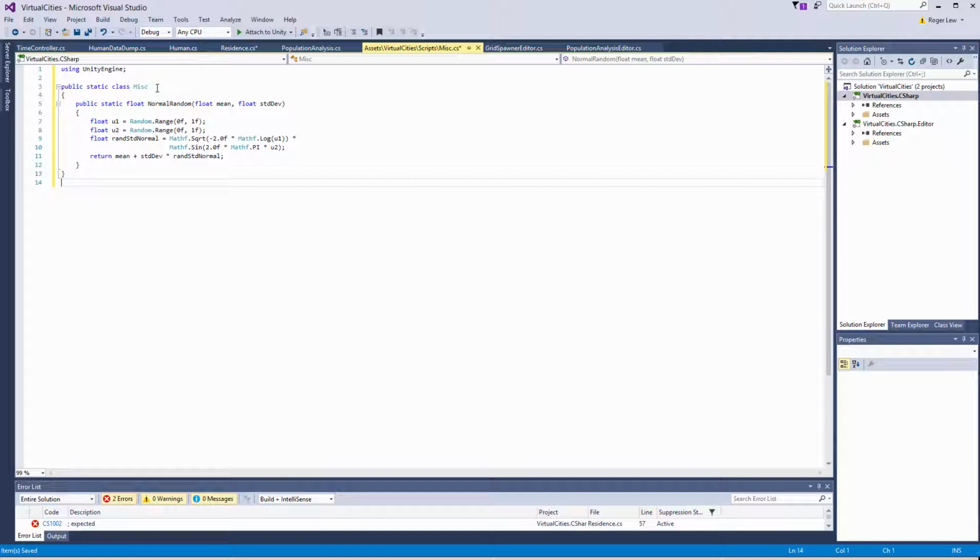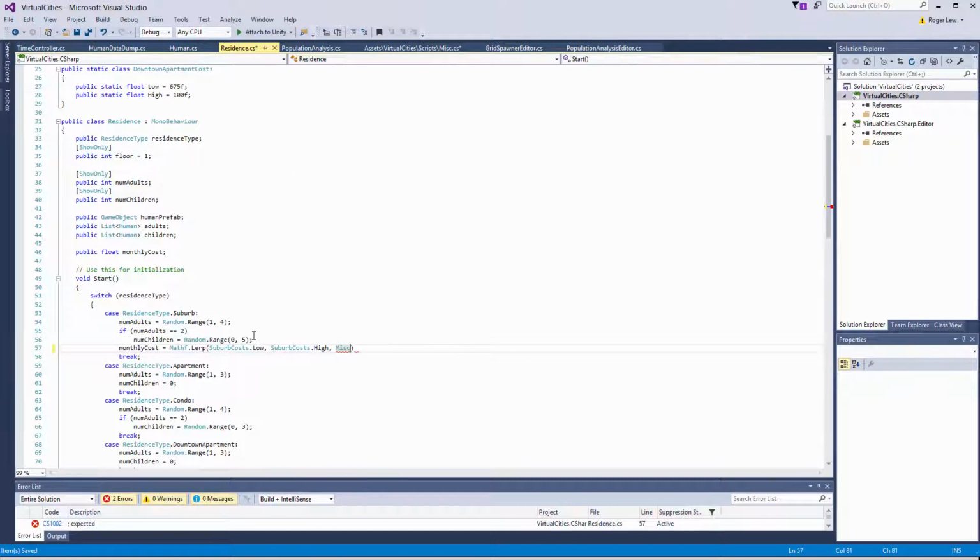It's basically a static class called miscellaneous, or MISC, and it has one static method named normal random that returns a float, and you basically give it a mean and a standard deviation, and it gives you back a random value from a normal distribution with that mean and standard deviation. So with that defined, we can go back to residence, and then we'll want to do